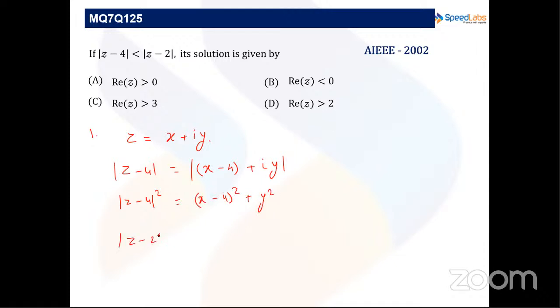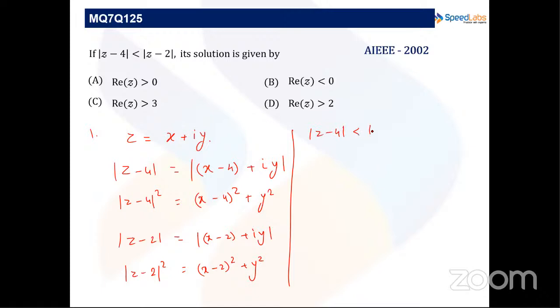Similarly mod of z minus 2 will be x minus 2 plus iy, which will lead to mod z minus 2 square is x minus 2 square plus y square. So we will be having, on squaring these two,